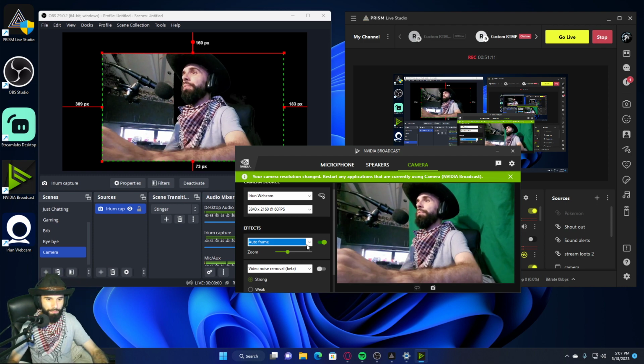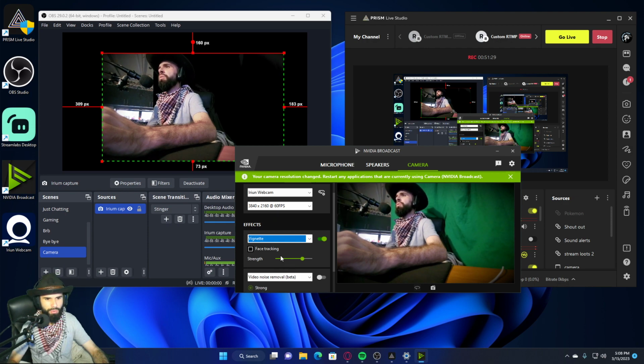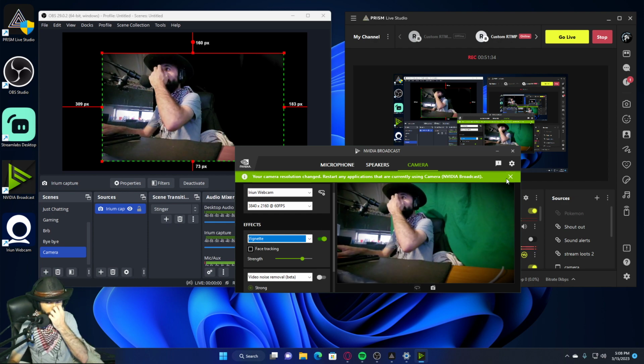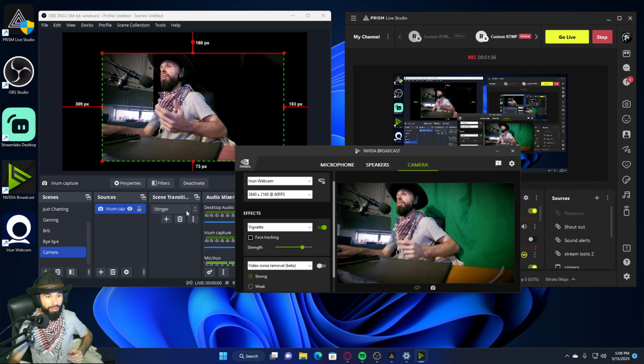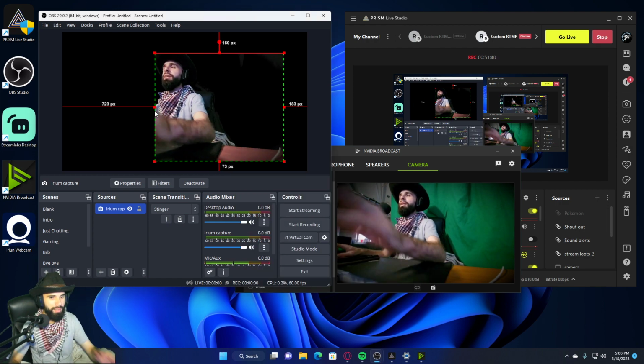So it moves with you. And I have no idea what this is actually, but it doesn't look too bad. Oh right, vignette face tracking. So I'm not particularly sure what this is, but there's a lot of cool features in the NVIDIA broadcasting tool. Now, you ask me why aren't I using the NVIDIA broadcasting tool as my day-to-day driver, and